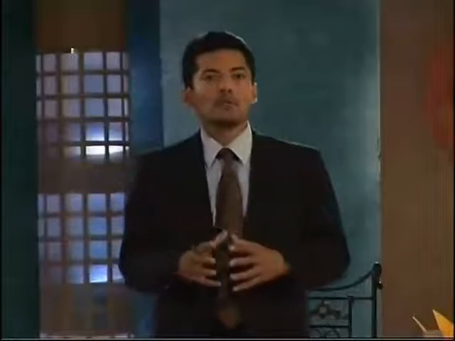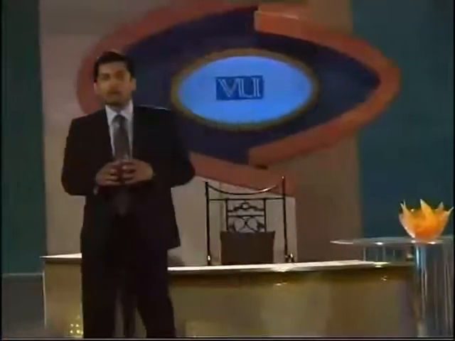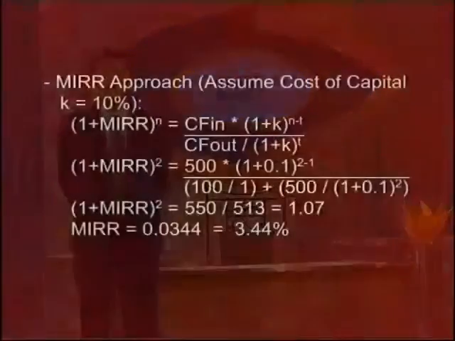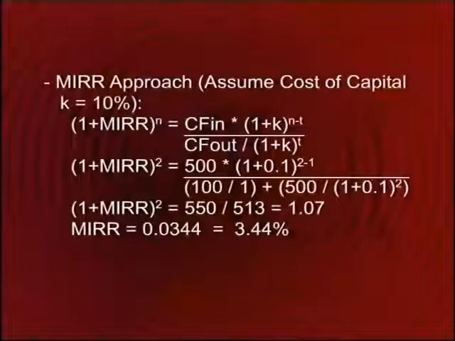And we came to this conclusion in the previous lecture. Now, both of these answers are incorrect. So, we will use the modified IRR approach to calculate the actual IRR for this project. So, if we plug in the different variables in the MIRR equation, we would have an equation that looks something like this: